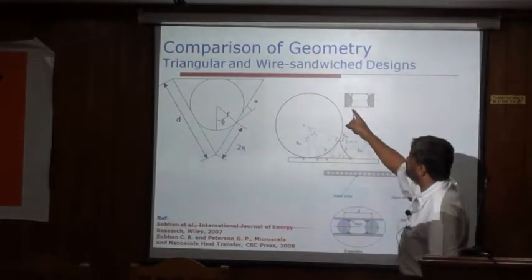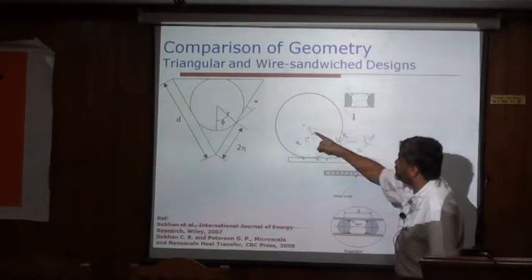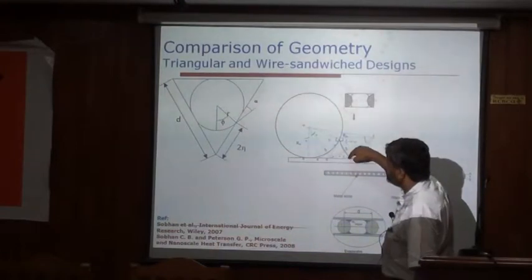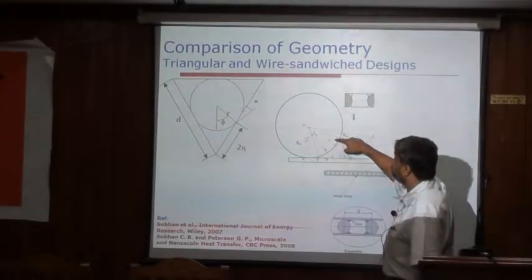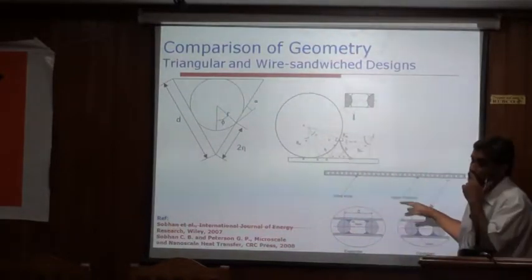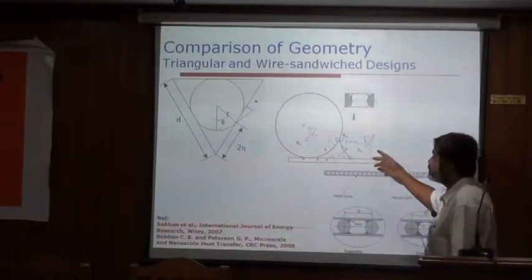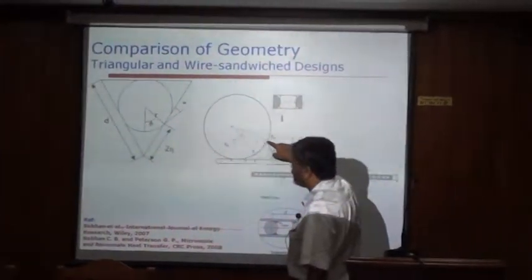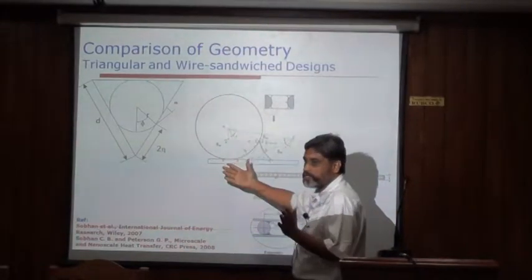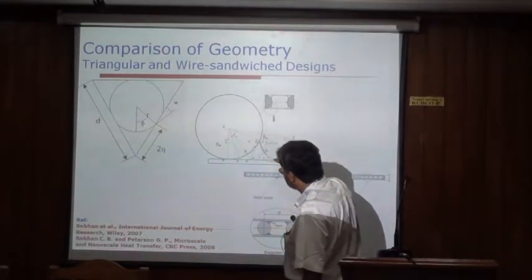Whereas in this case, I have a shape like this with these corners, and if I use the symmetry for this region, this is like one of those wires standing here, and this is the vapor, and you have the liquid here. So from the geometrical consideration, I'm not going deep into it, it's possible to relate this meniscus radius with other parameters. What is the wire diameter? What is the distance between the wires, etc., can be used in order to predict this meniscus radius.